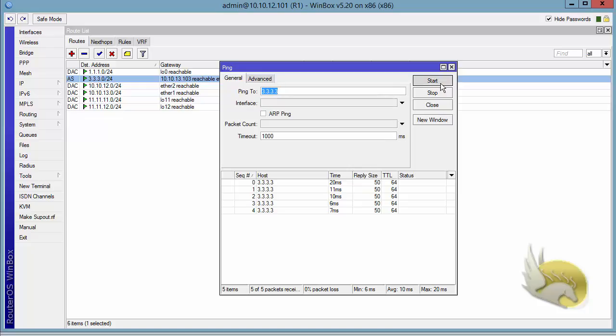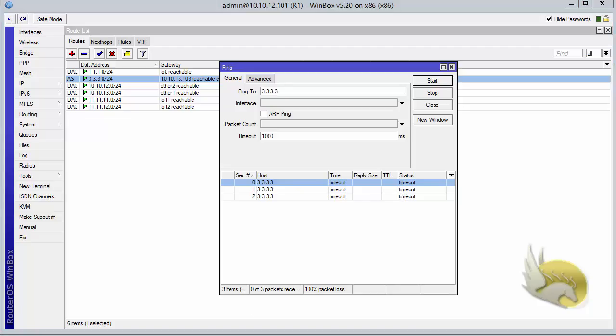Now if I try to start the ping, it shows me timeout. That means I have managed to send this traffic to the destination. Actually, 3.3.3.3 is listening to me, but it cannot come back to me. It does not know where I am, so I need to go to router 3 and configure another static route